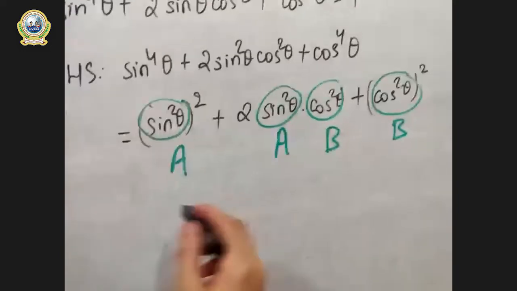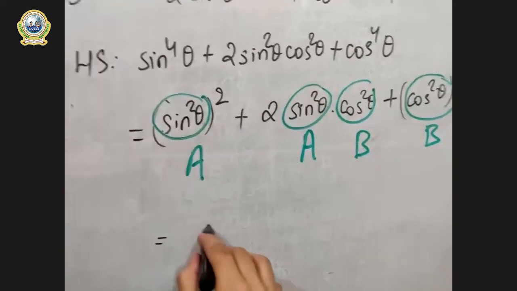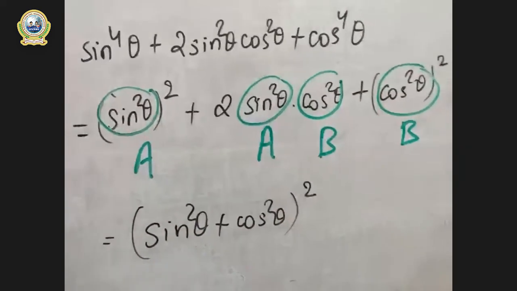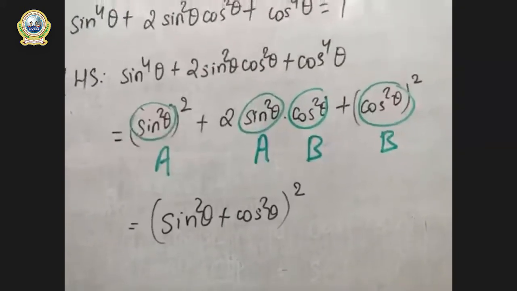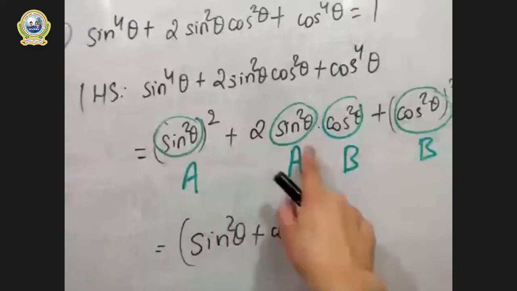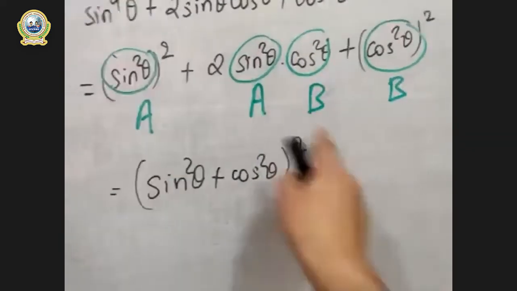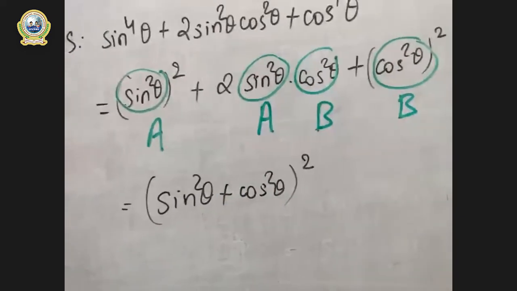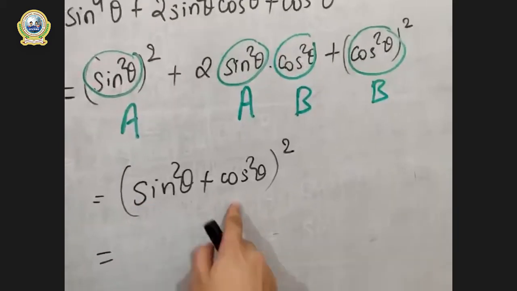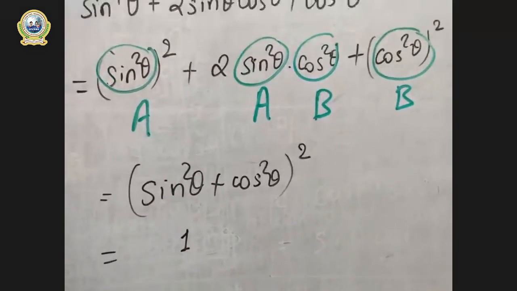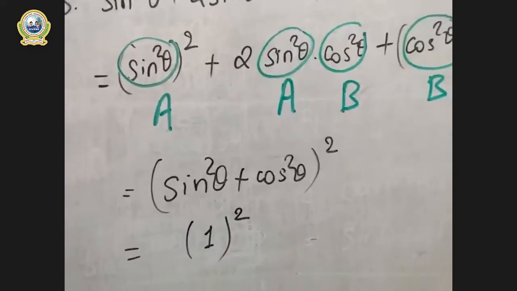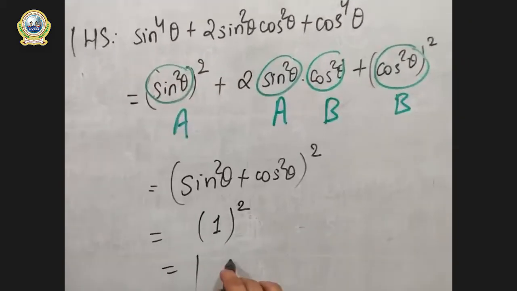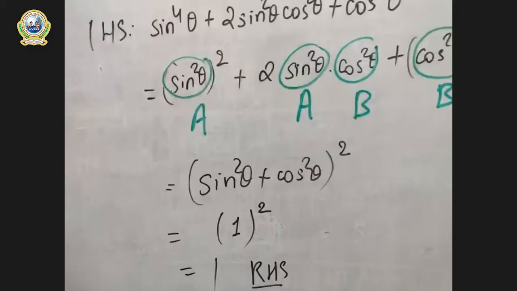So it will be now a plus b whole square. Are you clear? I have just used the formula. Is it clear? This is very easy, right? A square plus 2ab plus b square will be a plus b whole square. Our a is sine square theta over here, and our b is cos square theta. And as we all know, sine square plus cos square is equal to 1, because this is our standard formula. In bracket part, we have square as well, and square of 1 is again 1, right? Not to be worried about. So it will be our right hand side. Proved.